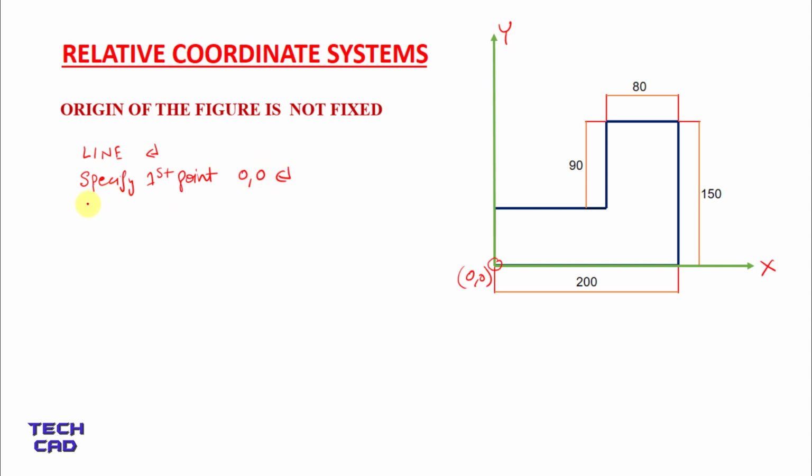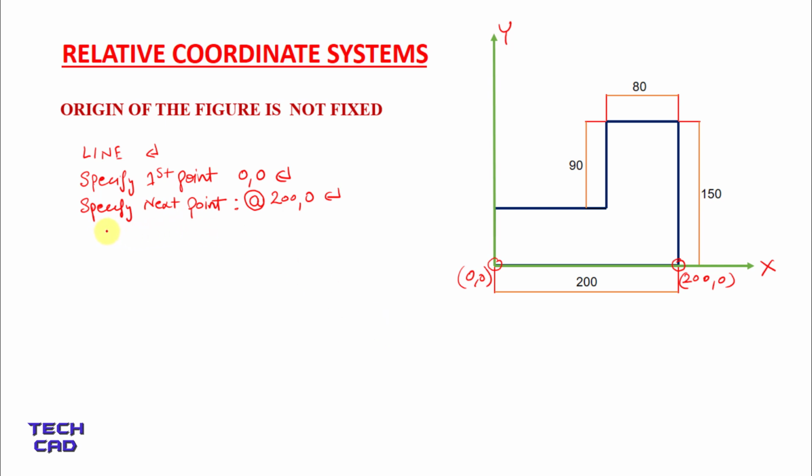Then it will ask you to specify the next point. Now what could be the next point of this line? We are going to make a line which is 200 units in length. So I want to know the coordinates of this point. As per the coordinate system, it is 200, 0. But in the relative coordinate system, we make the point in this way. We always have to put the @ sign in front of the coordinates. So @200,0. And what is the importance of this @? It will be cleared at the next point.